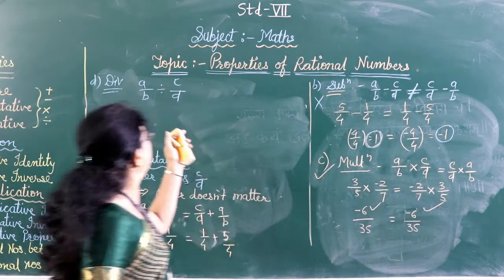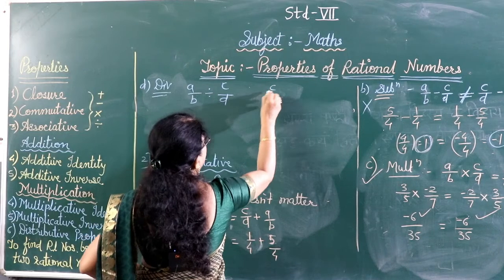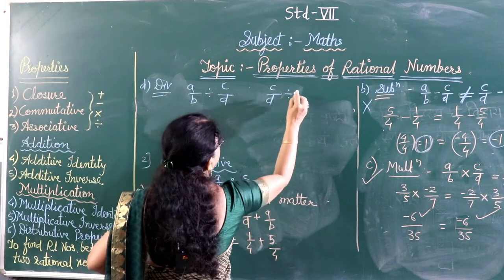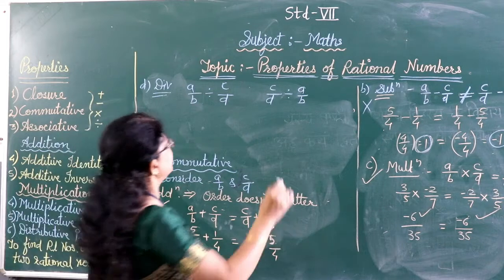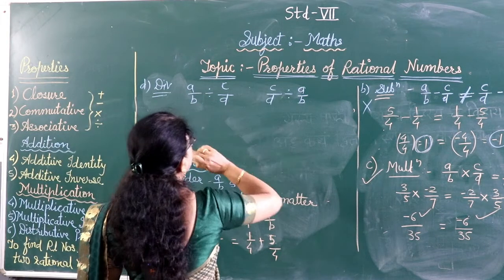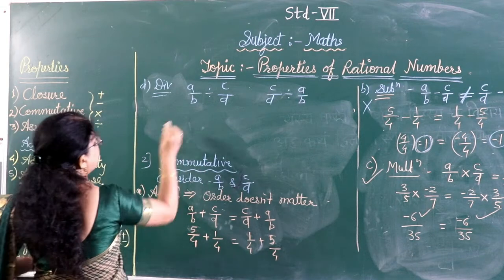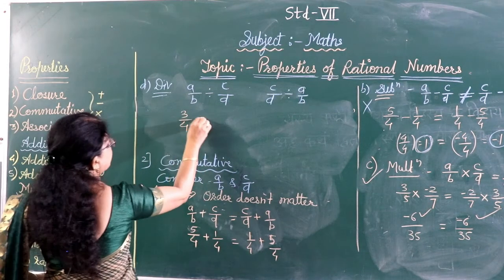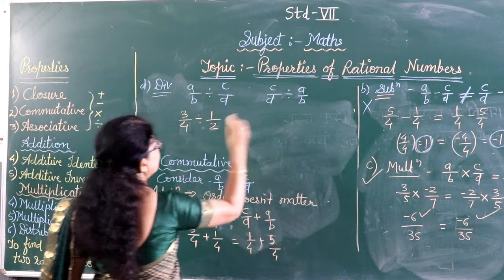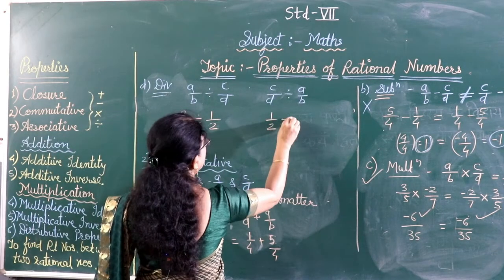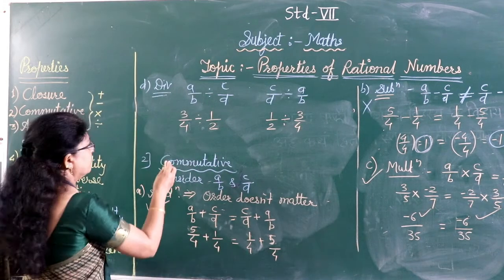Now the same will apply for division. Is it equal or not? I will write it later. After we first check, then we will write later. Upon A by B, right? Here the condition is that, okay, we will check first, then we will see. 3 by 4 divided by 1 by 2. I am taking this side. So this side what you will write? 1 by 2 divided by 3 by 4. Okay, change the order. Right, now find the answer.